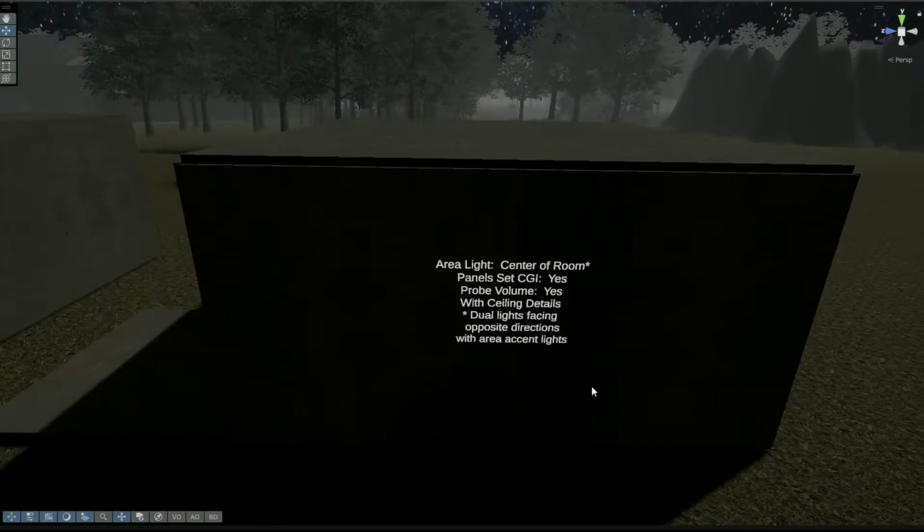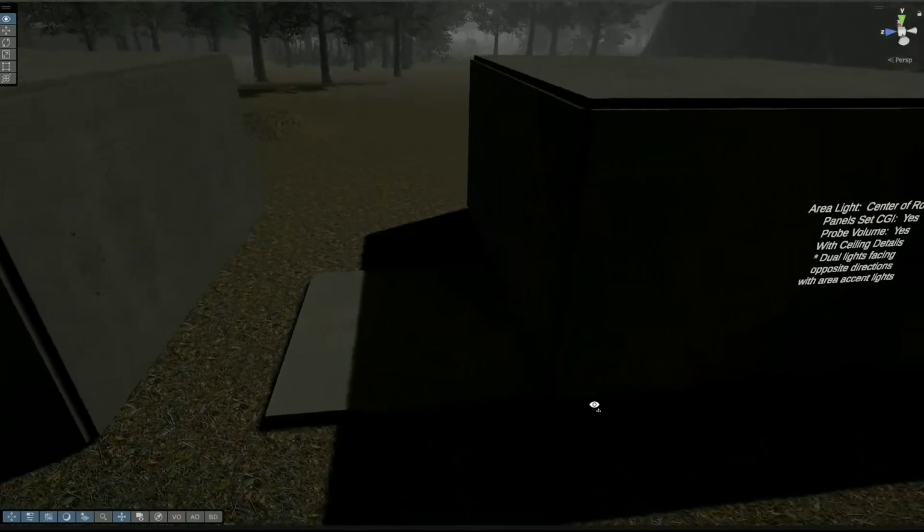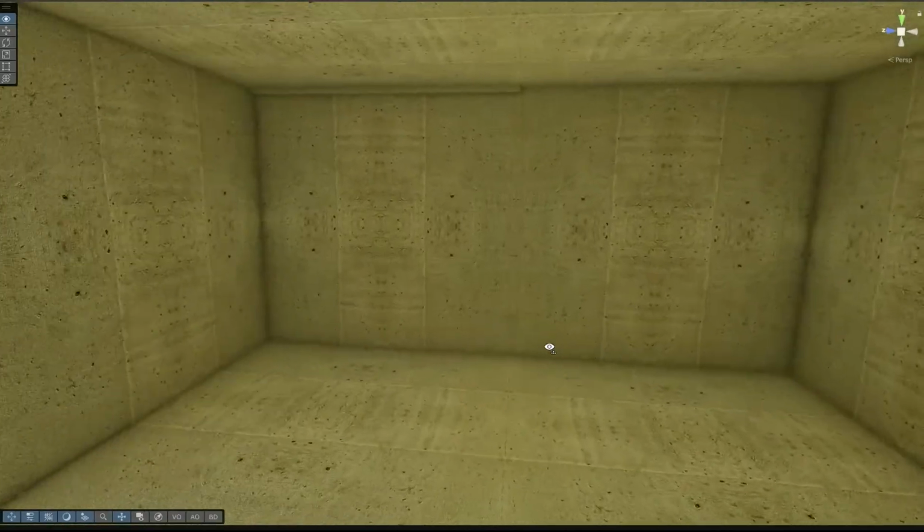Another scenario I set up was, instead of a point light, what if we use two more area lights to sort of simulate a point light? You can set an area light to be a disc. So in this case, I've instead created two discs above the barrel, one facing upward, one facing downward. Let's see what that looks like. The light bleed problem is gone on the outside. And if we come inside,